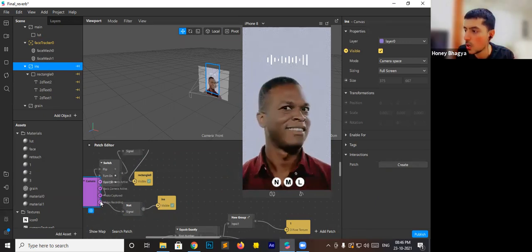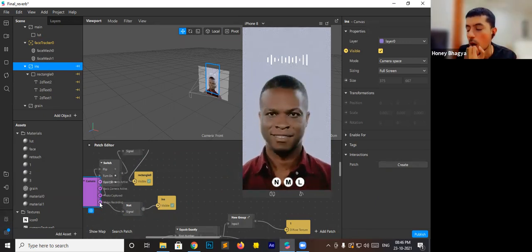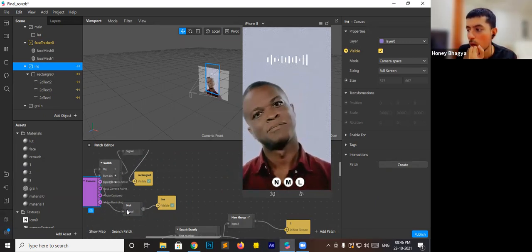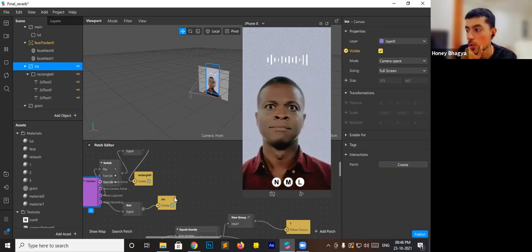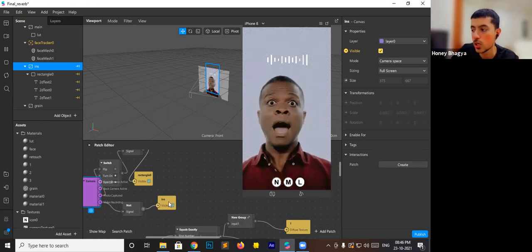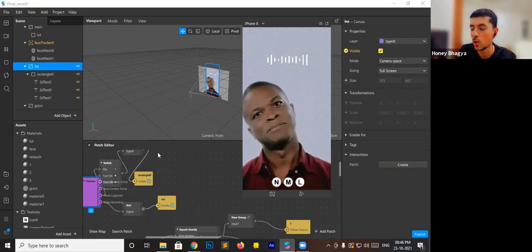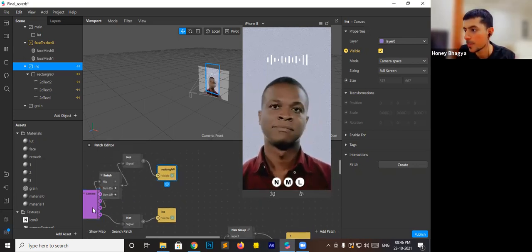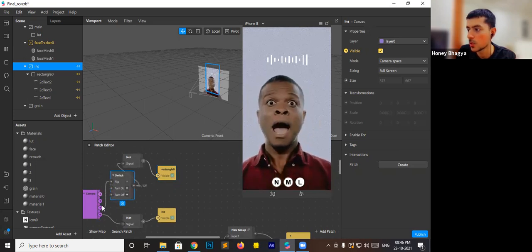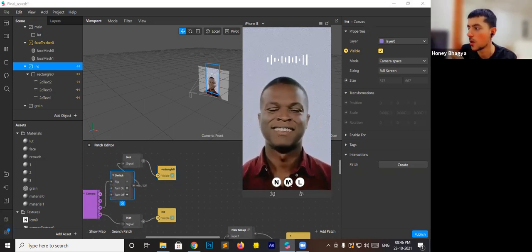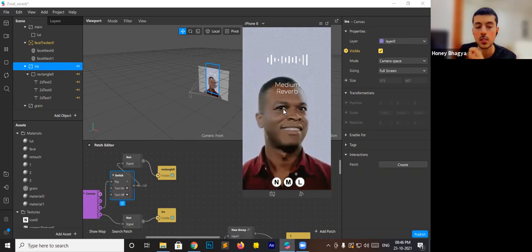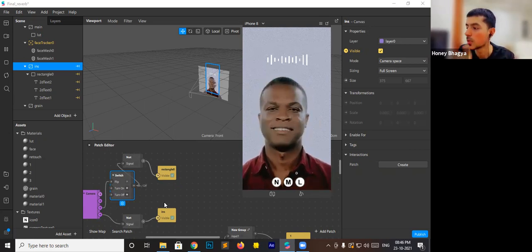What we are doing is we took the video recording output and used a not patch and connected it to the INS. So as soon as the user starts to record the video, the medium reverb, low reverb text will be removed from the video and it will be video without any distractions. Same happens with photo capture. If I click on medium and someone clicks the photo, it will remove.